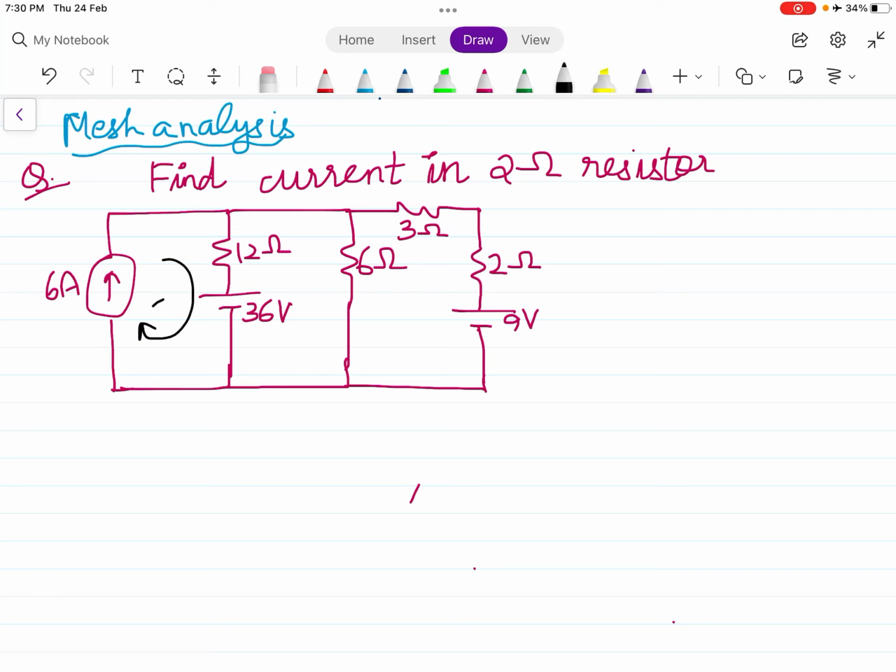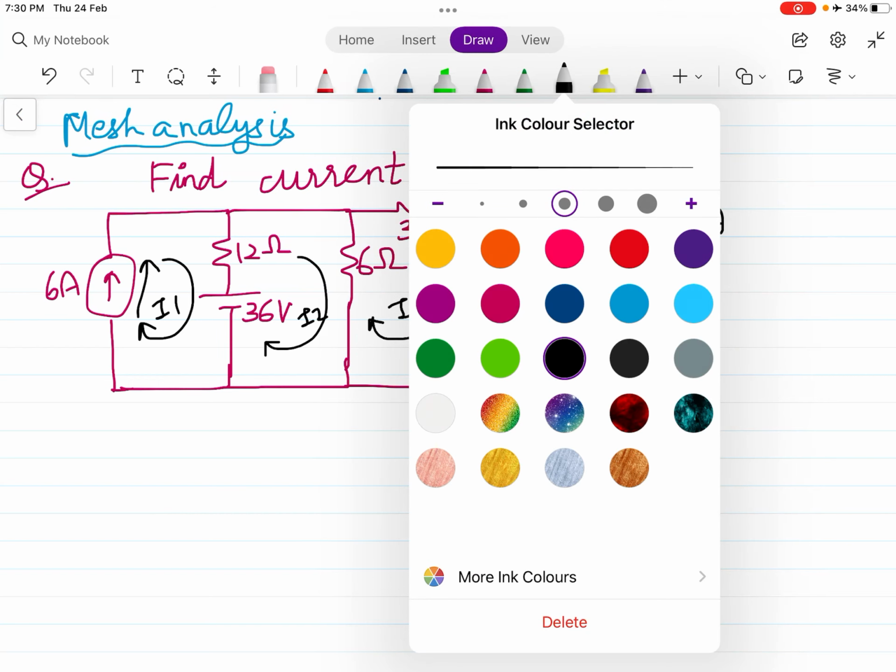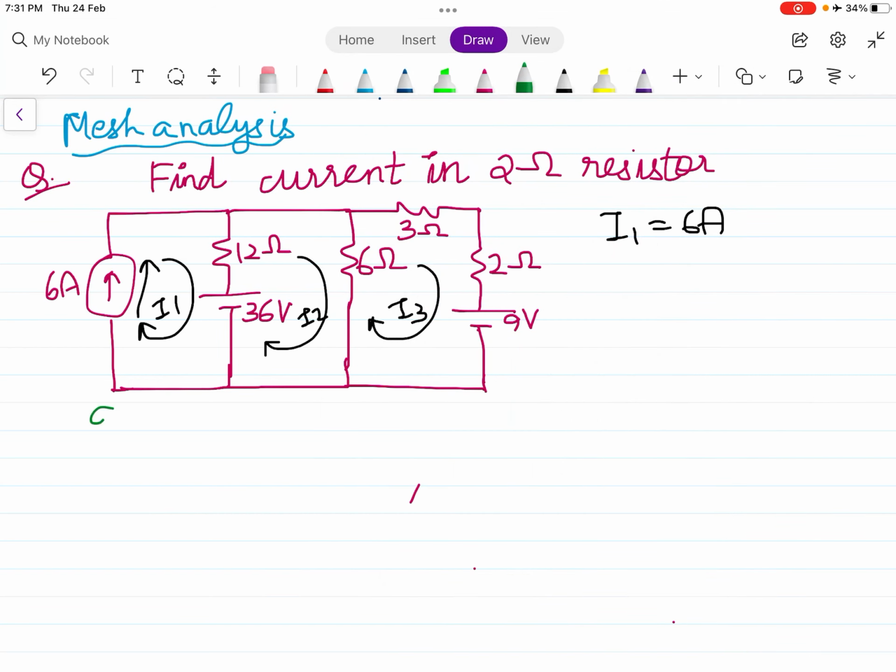This is I1, I2, I3. This is given in the question. So I1 will be 6 ampere. I1 is going upwards. 6 ampere is also upwards. Next I will say apply KVL